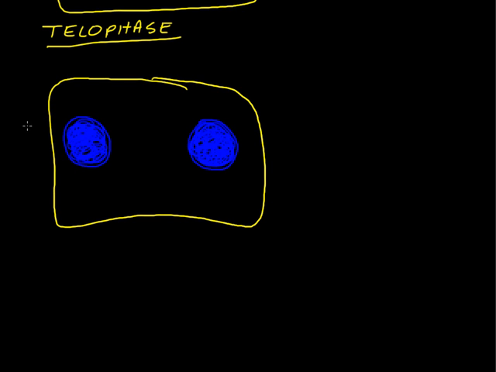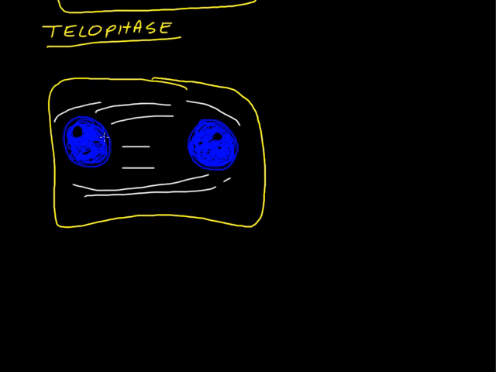Nucleoli reappear, which are just these little dark centers that you often see in a nucleus, and I think we referred to those when we talked about all the various organelles earlier. The spindle fibers, for the most part, have disintegrated. There are a few remaining, and they're important for one of the next steps here, and that is the formation of what's called a cell